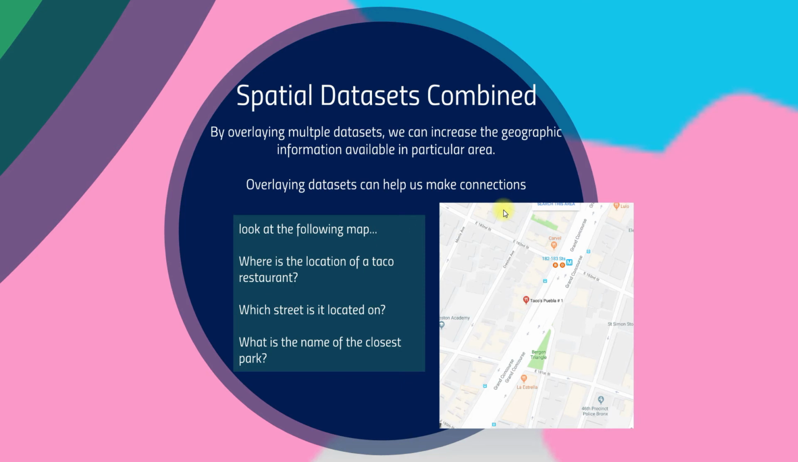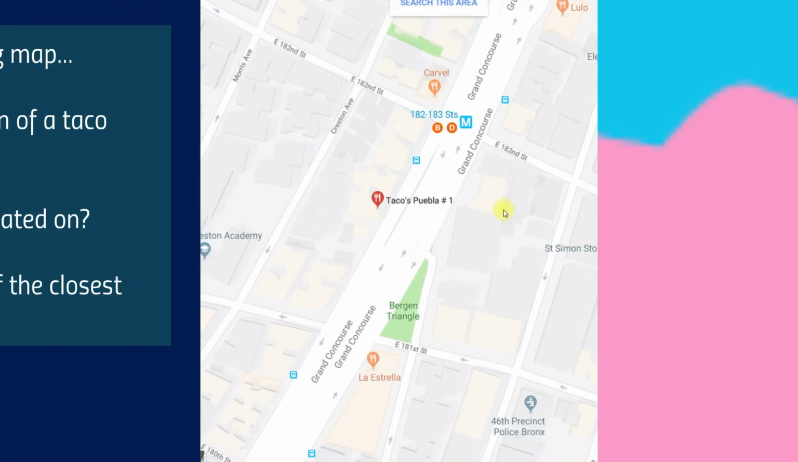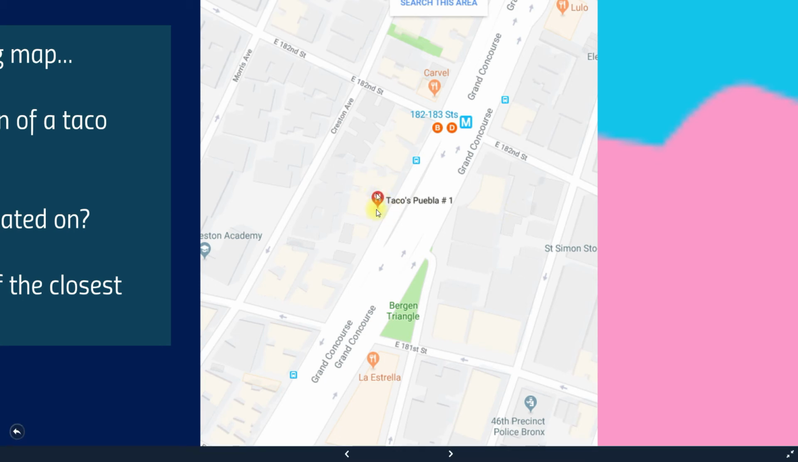So a spatial data set combined by overlapping multiple data sets can increase the geographic information available in a particular area. Overlaying data sets can help us to make connections. So look at the following map. Where is the location of the taco restaurant, which street is it located in, and what is the name of the closest park? By looking at this, we can know that the taco restaurant is here, and here's the Carvel,